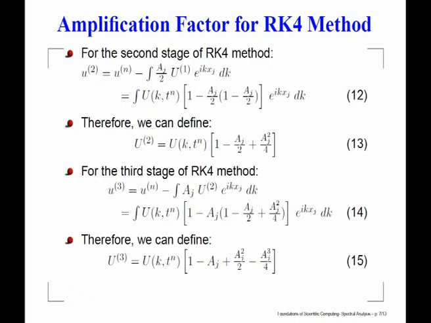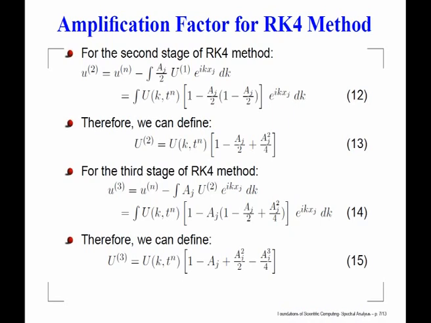Now, go to the next step. The next step follows in a similar manner, because what we do there, we take u n minus delta t by 2 into L of u evaluated at the previous intermediate stage, u of 1. So, that is why what I could do is I could write it in terms of its Fourier amplitude, capital U of 1, and again this gives me